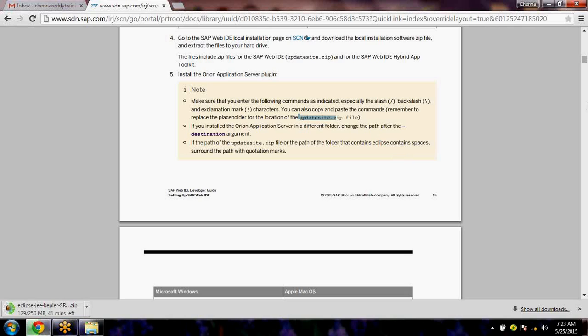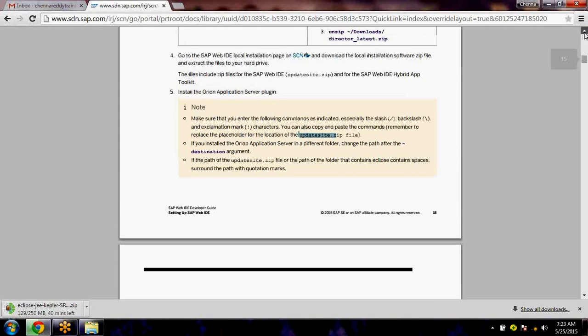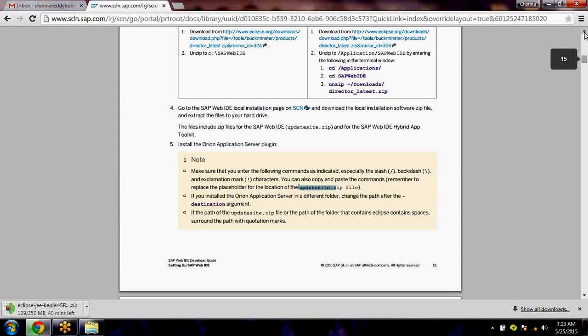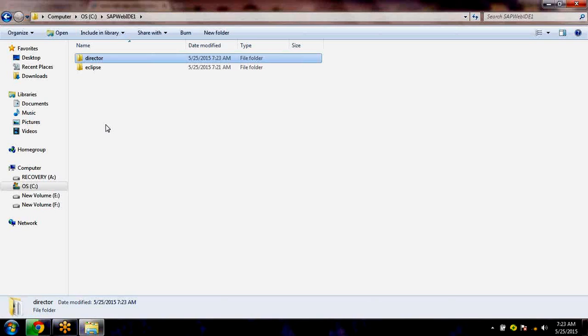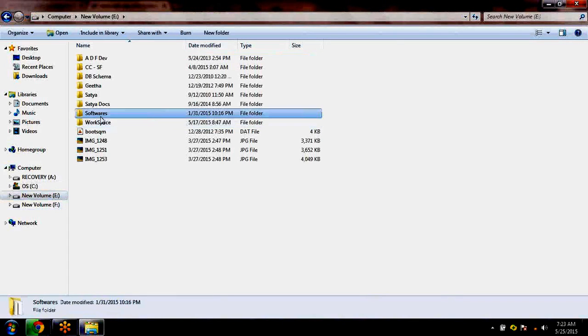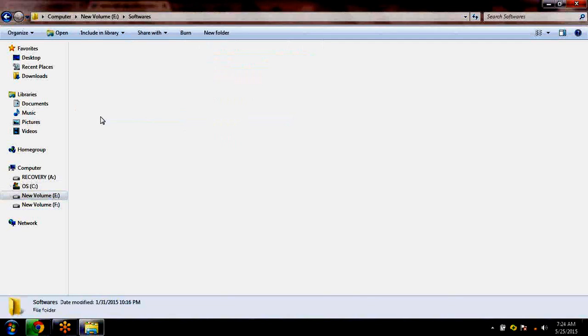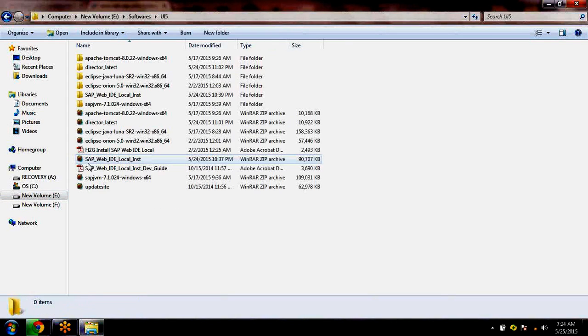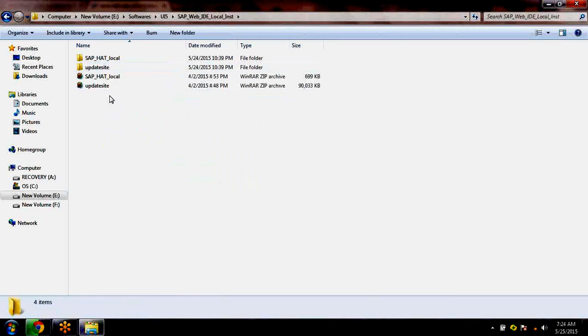So you can download this from this location. So here is the location. So once you downloaded that, if you look at here, softwares, SAP, UI5, and here is my update site. Once you have that,